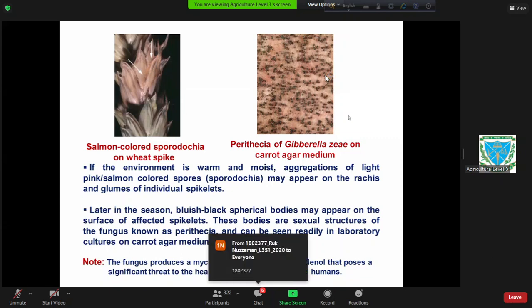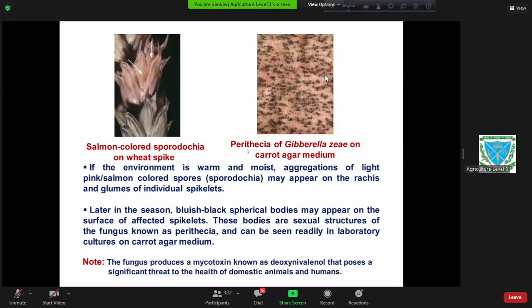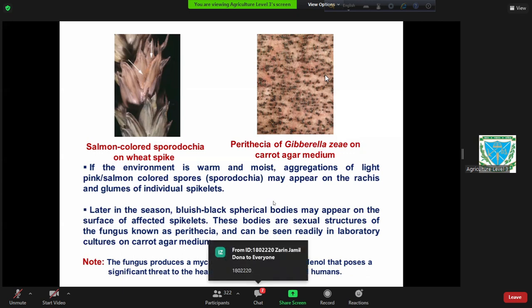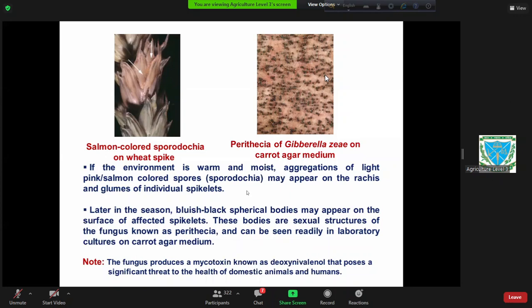And also this pathogen produces sexual fruiting body. Asexual fruiting body নাম কি? Sporodokia. আর sexual fruiting body নাম কি? Perithecia আমরা মিডিয়াতেও দেখতে পাবো, যদি তুমি লম্বা টাইম গ্রো করো তখন এরকম কালো পেরিথেসিয়া দেখা যায়। এছাড়াও দেখো ওয়ার্ম এন্ড ময়েস্ট কন্ডিশনে এগ্রিগেশন অফ লাইট পিঙ্ক সালমন কালার স্পট দেখা যায়। এই কন্ডিশনটা যখনই প্রিভেল করে ইনফেকশনের পরে, then you can see the salmon color or pink color sporodokia may appear কোথায়? On the rachis and glumes. এই রেকিস নিচে আর এই গ্লুম গুলিতে।